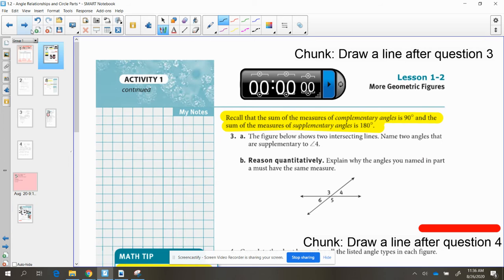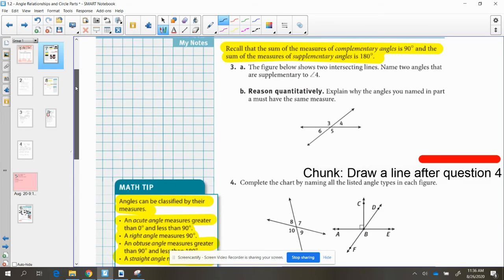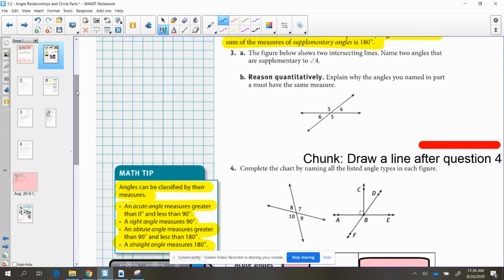Now, moving on then. So we talked about the math tip box on this page already, but now as we are back on here, what you're going to notice is that we have two pairs of intersecting lines. So we're creating a couple acute angles like angle 6 and angle 4. We also have two obtuse angles like angle 3 and angle 5. And if we ask you to name which two angles are supplementary to angles 4 and 5,